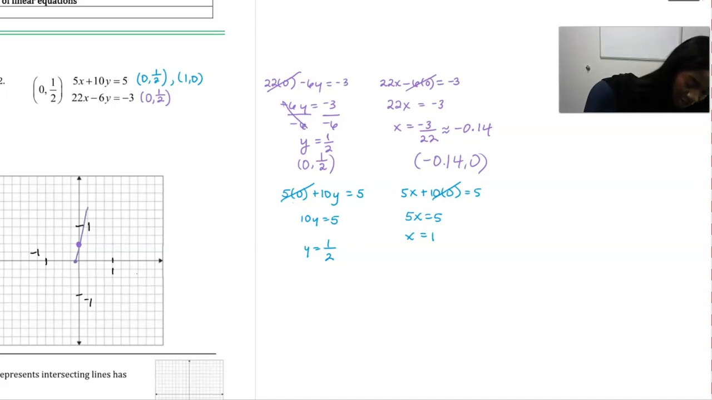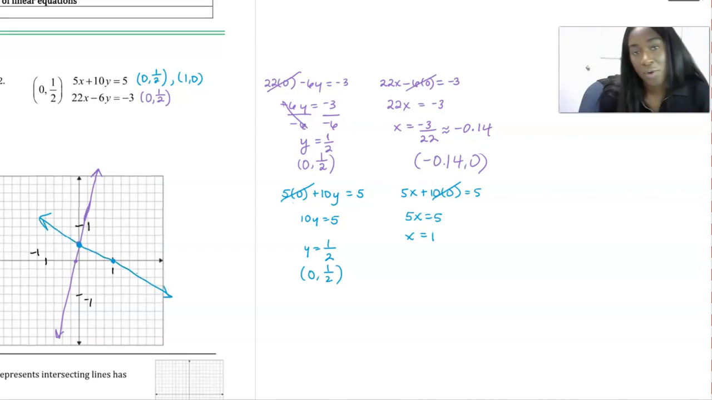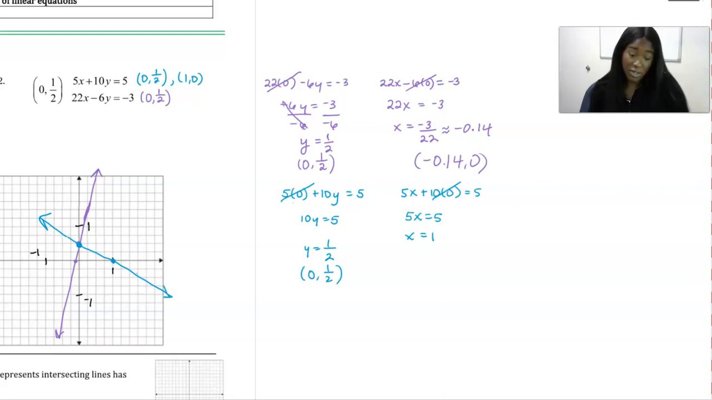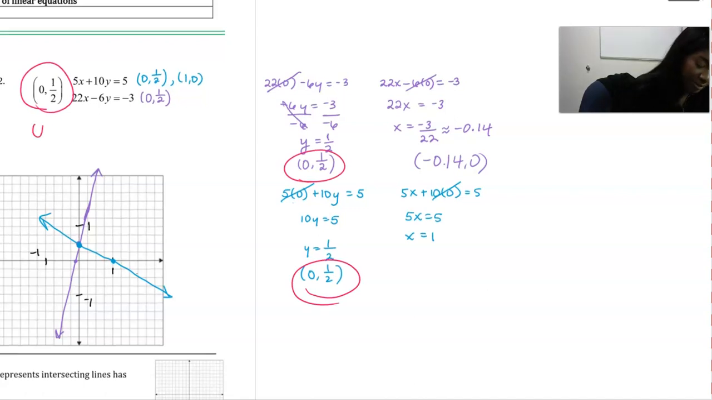So the first line, well, no, really the second line. The second line looks like this. The first line has a y-intercept, again, at (0, 1/2), right there. And it has an x-intercept at (1, 0), right here. So the first line looks like this. And we can see from the graph that the point (0, 1/2) goes through both of those lines. We also knew it when we did our y-intercepts. And so, yes,